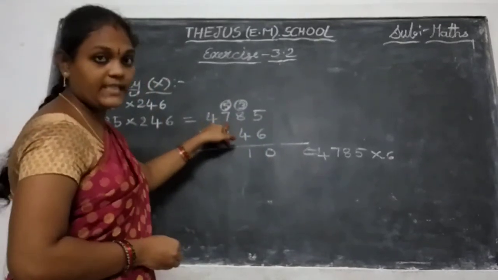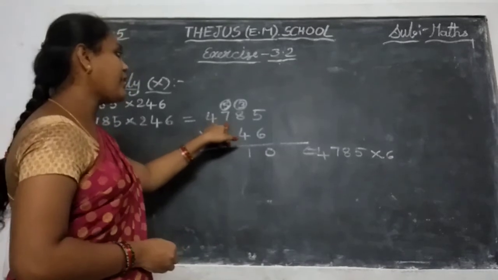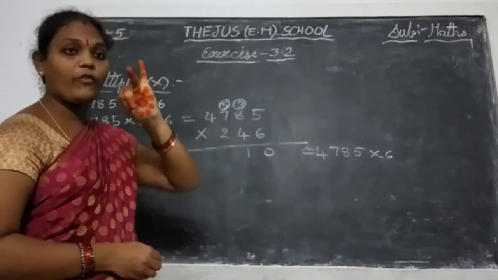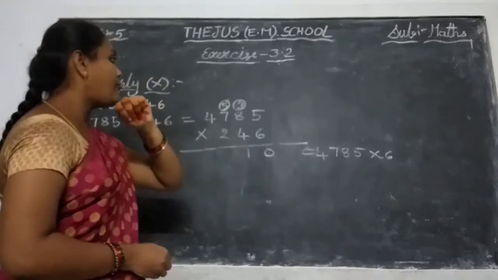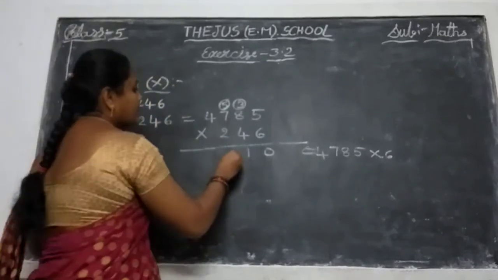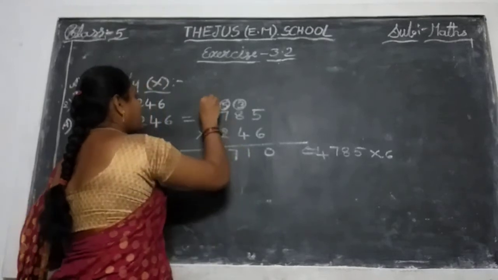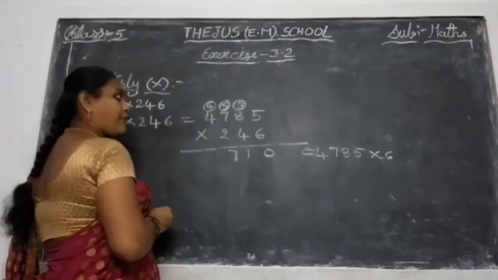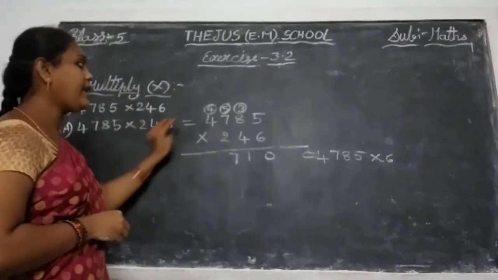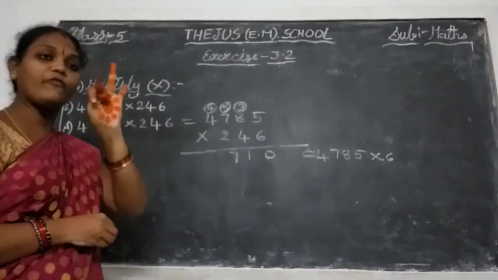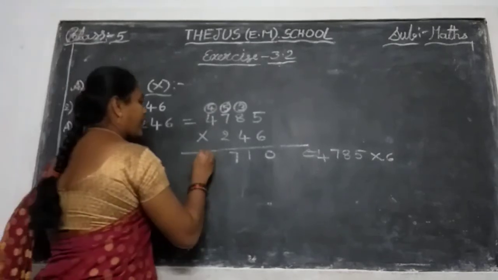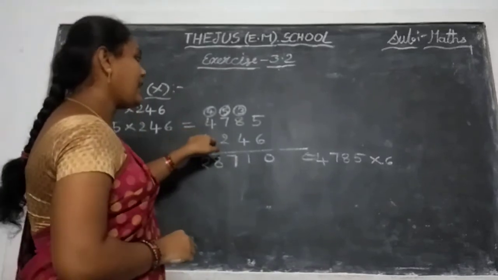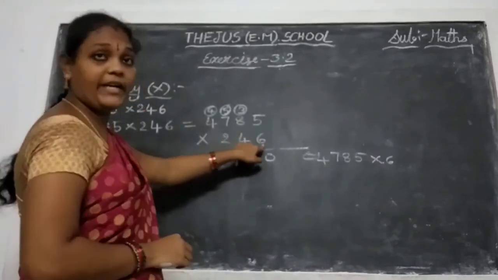6 6s are 36, 6 7s are 42. That 42, keep in your mind. Take these 5 fingers. 42 after 43, 44, 45, 46, 47. Now 7 is right here. 4 is the next number upside. Okay. Now 6 4s are 24. That 24, keep in your mind. Take 4 fingers. 24 after 25, 26, 27, 28. So right here 28. So the given number multiplied by 6 is completed now.